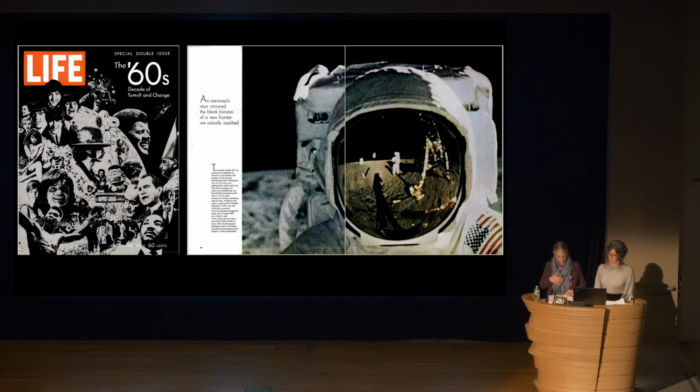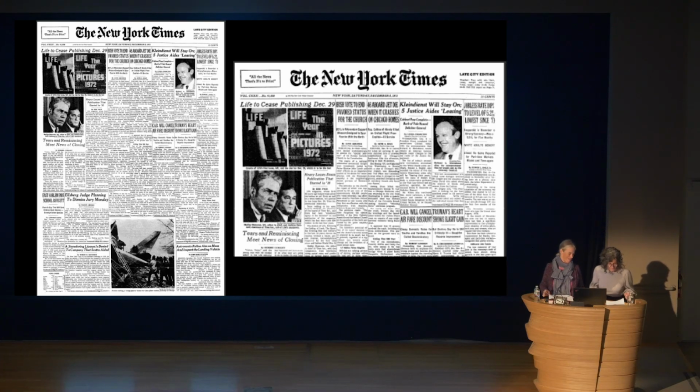Here we also see in their 1960s Decade in Review double issue, published four months later on December 26, 1969, that the magazine's editors confirmed that the moon landing was both a highlight for the country and for the magazine, during a time that seemed to be a decade of tumult and change. And with that, I'll move to...